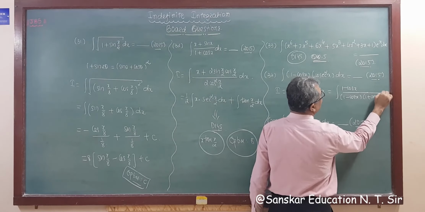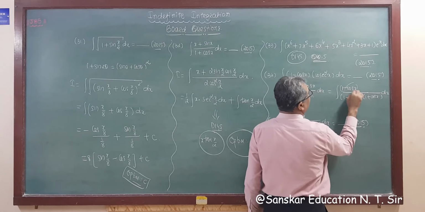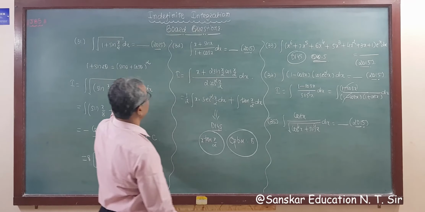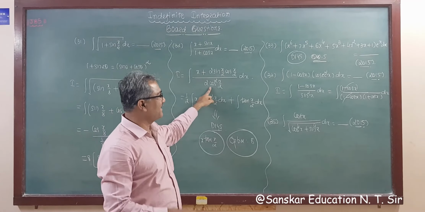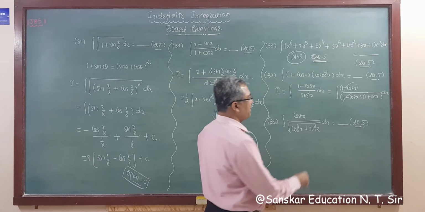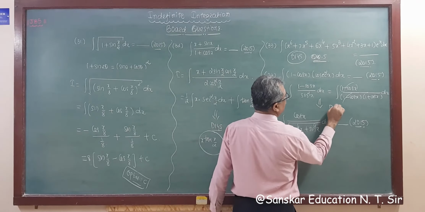I am factorizing simply, so this will be cut. So 1 plus cos theta, where is the formula? 1 plus cos theta is 2 cos square, 1 upon sec square. The answer is tan square again. So do it yourself, finish this question, right? So do it yourself.